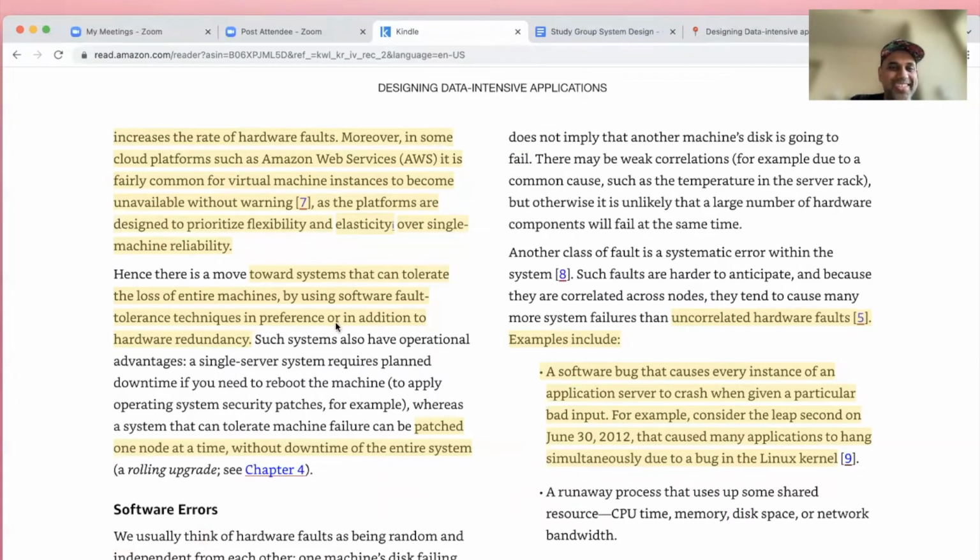You have no backups or anything like that. What exactly do you do in this case? And so